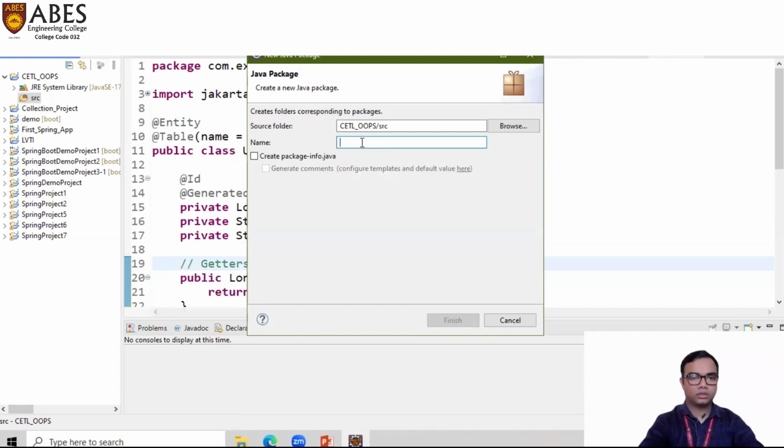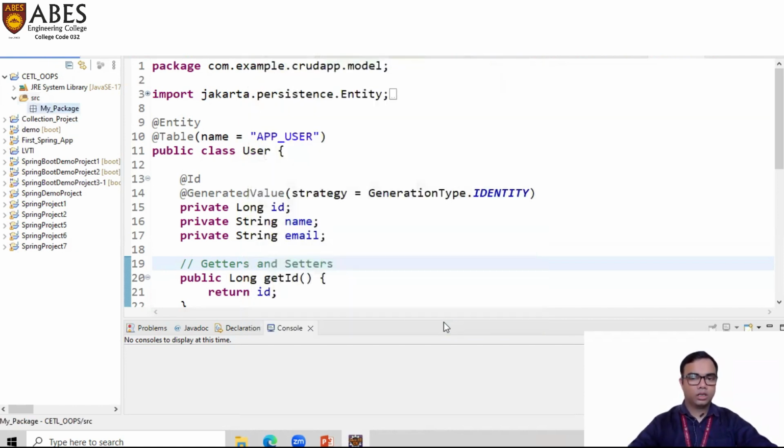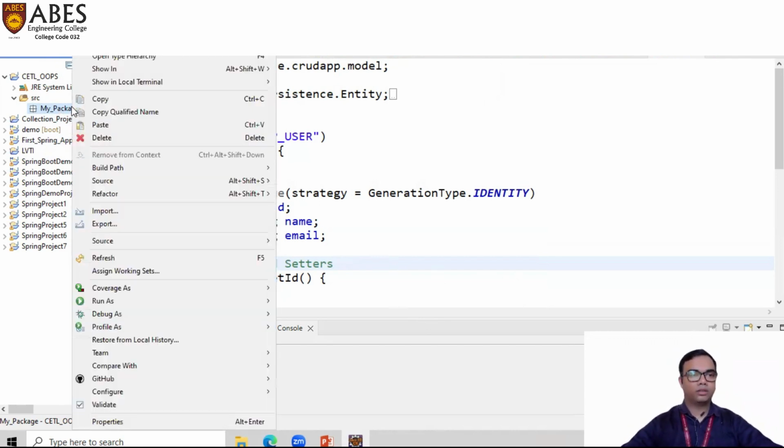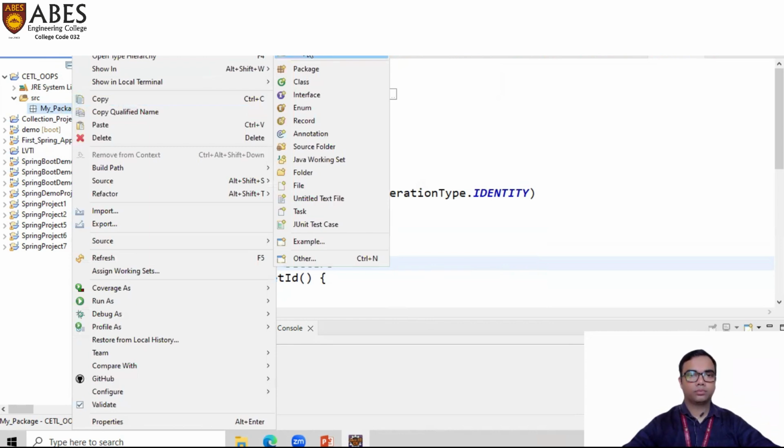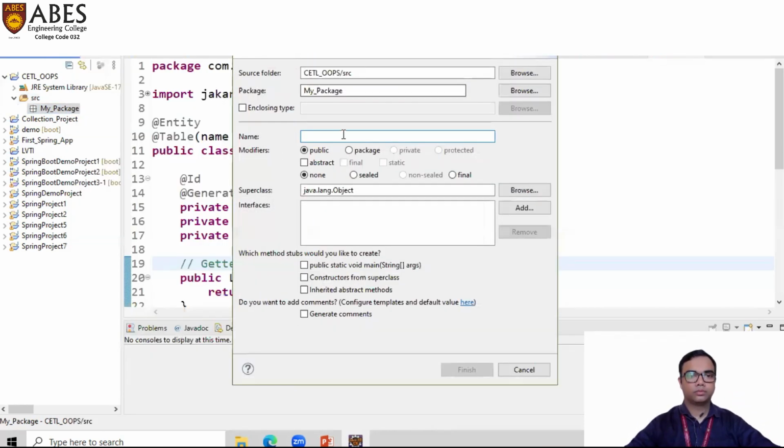The name of the package is my package. Now you can see here that we have created this package, and inside this package we are going to create a particular class which is our main class. So here we create a my main class